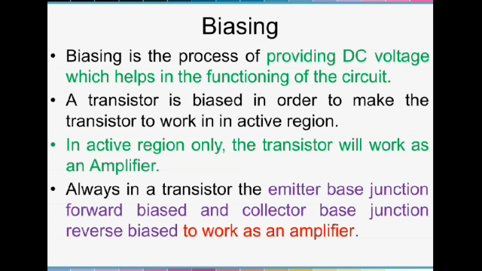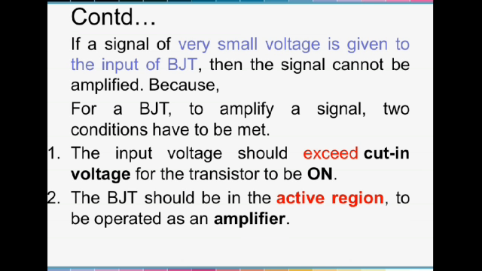In general, biasing means providing DC voltage to the transistor circuit. This helps the circuit to function properly. A transistor is biased in order to make it work in the active region. In the active region only, the transistor will work as an amplifier. Always the transistor is biased in such a way that the base emitter junction is forward biased and the collector base